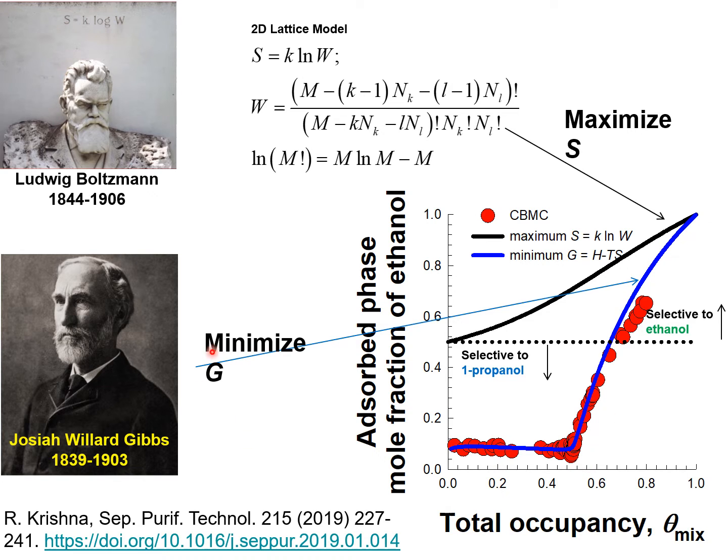So the minimum in the Gibbs free energy yields the blue line, and beyond a certain pore occupancy of say 0.7, the mixture adsorption equilibrium